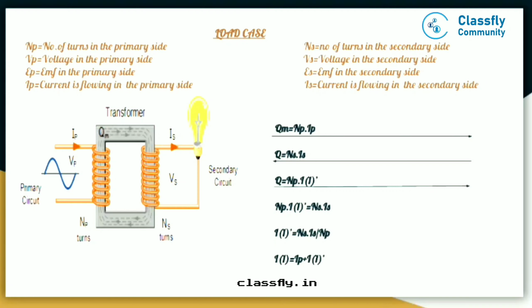So whenever we apply load, we need a supply of current from the primary side. So if we need to find the equation for that current, that is the primary current which supplies the secondary, our I1 bar, then we will write NP I1 bar is equal to NS IS. That means the number of turns in the primary into the current is equal to the number of turns of the secondary into the current flowing in the secondary side. So when we find the I1 bar, we get NS dot IS divided by NP.